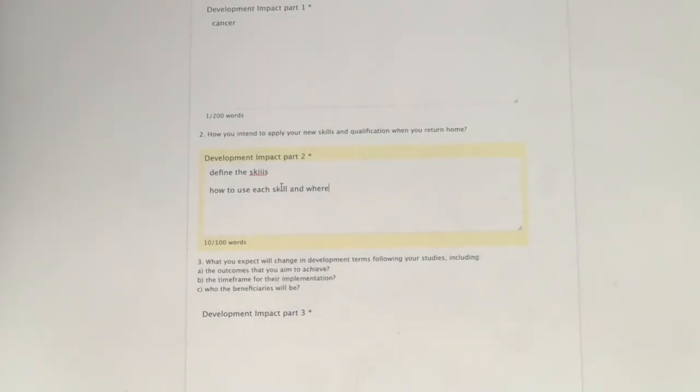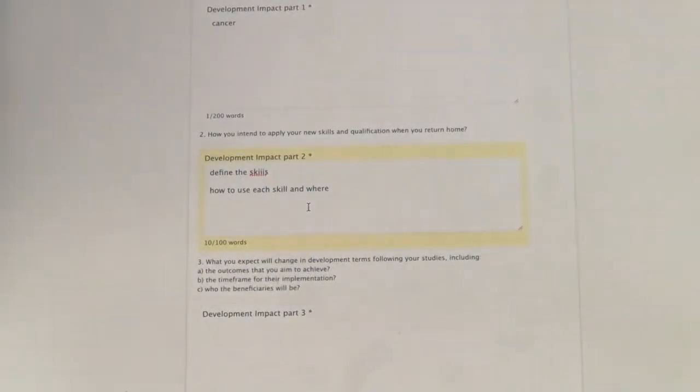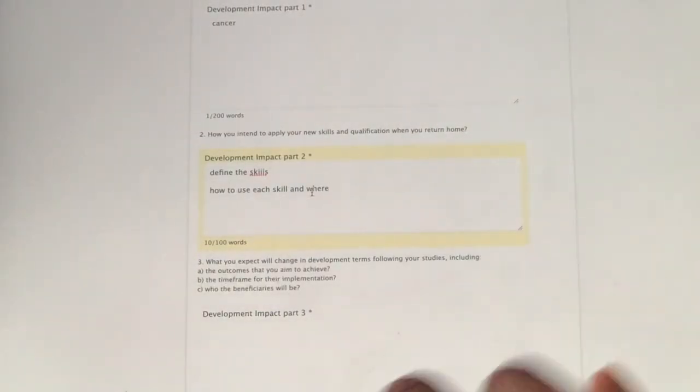If you want to be in academia, you can say that with boosted or improved research skills, I intend to work at this university to transfer my skills there, or help students become better at critical thinking and designing experiments. Something like that. I'm sure you cannot fail to find a way of using your skills, but you have to define them first and know where to use them and how to use them.